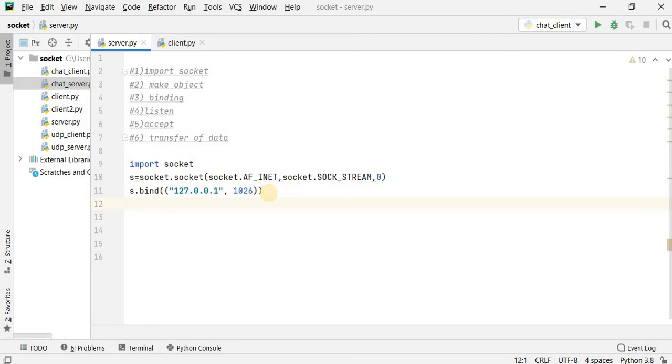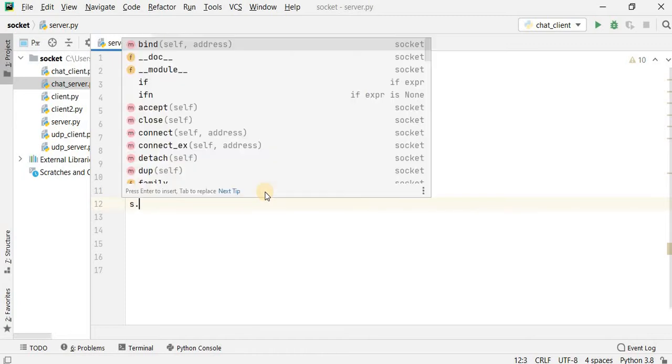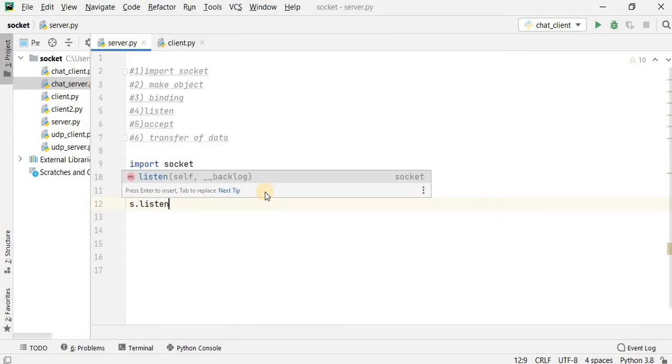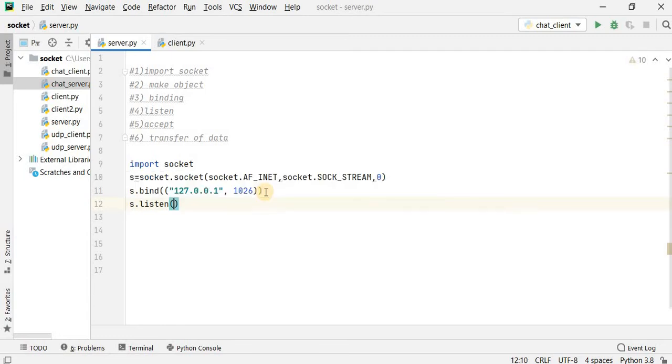What is my fourth step? The fourth step is listen. The listen functionality is used to indicate how many clients the server wants to listen to, that is, at a time how many clients can create a connection to the server. So the object name, that is s, and I have to call the function listen, and to listen you pass one integer value that indicates how many clients can connect to the particular server at a particular time.